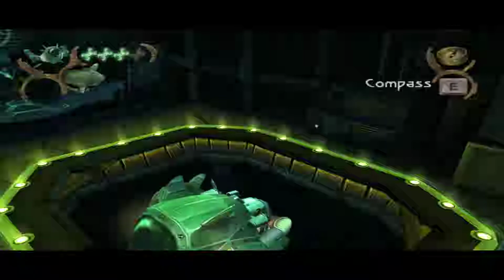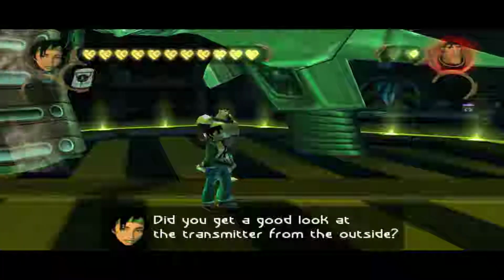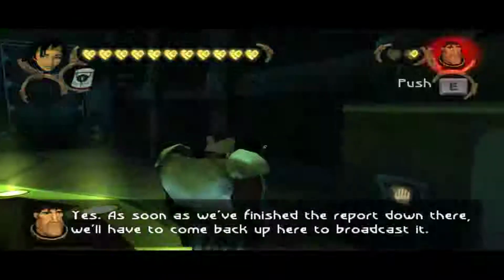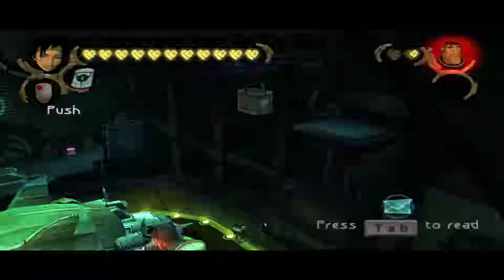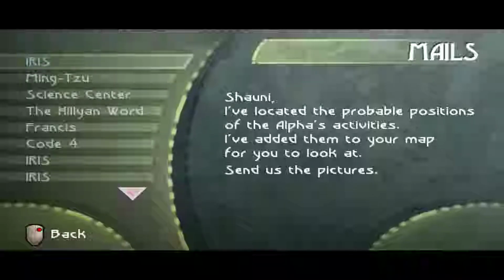Lights everywhere. Transmitter entrance. Everything's scripted. Did you get a good look at the transmitter from the outside? Sort of. Yes. As soon as we finish the report down there, we'll have to come back up here to broadcast. What does this button do? Interesting. We have to move with that. I've located the probable positions of the Alpha's activities. I've added them to your map for you to...